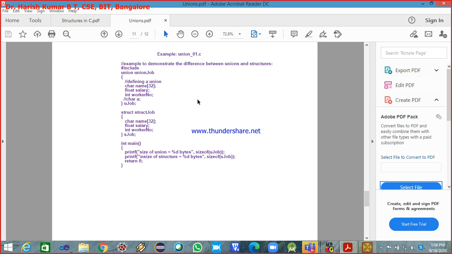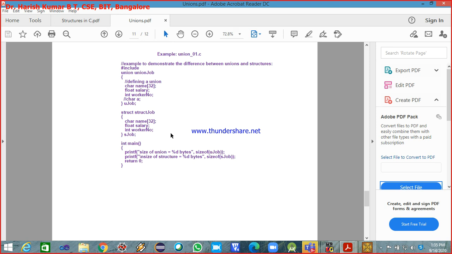So the size of integer is 2 bytes on a 16-bit processor. If you say 32-bit processor, the size of integer is 4 bytes. 32 plus 4 is 36 plus 4, 40. It becomes 40. Since I told you to assume it is a 16-bit processor, 32 plus 4 plus 2 comes to 38 bytes.